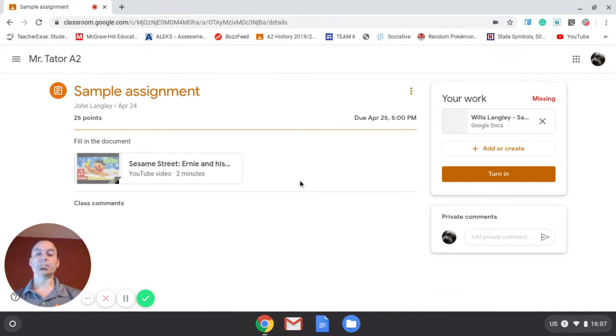Okay, if this assignment has multiple parts, sometimes teachers have videos that they want you to watch, and sometimes they have web links for you to go to that have information for you to check out before you do the assignment. So make sure you look at the instructions that the teacher posts and go through all of the resources. When you're ready to work on it, you go to the Your Work box